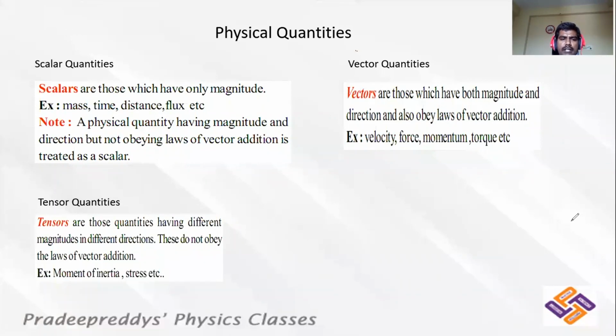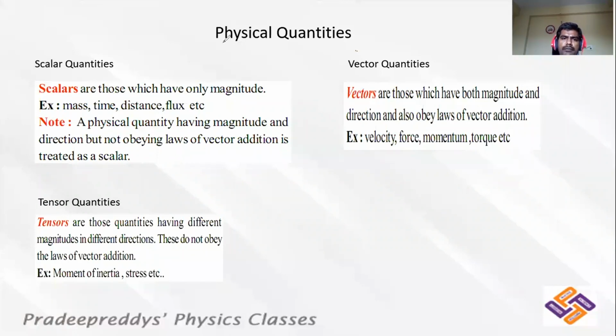So in order to add vectors, subtract vectors, or multiply or divide these vectors, the normal rules and regulations which we use for scalars are not applicable for vectors. That is the reason why, as these are directional quantities, we need to handle these vectors separately with vector laws. So we will be dedicating this whole chapter to learn about the laws of vectors and how to handle them, which are useful throughout your class 11th and class 12th syllabus.